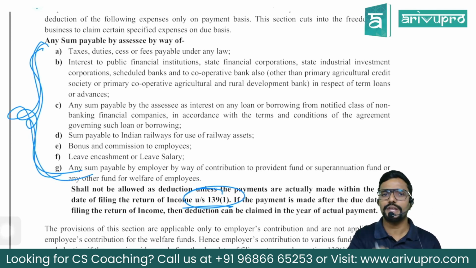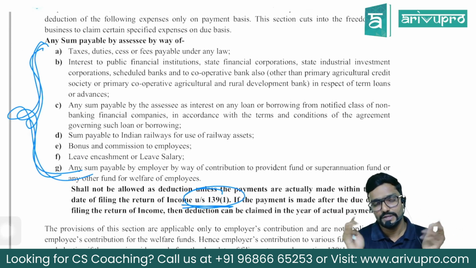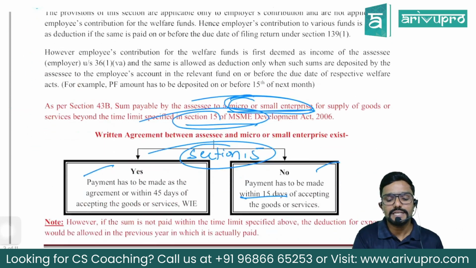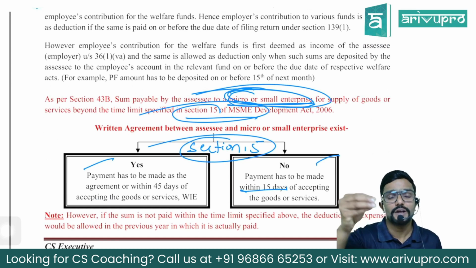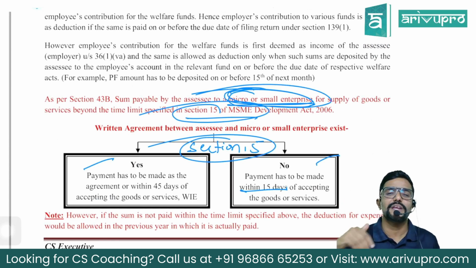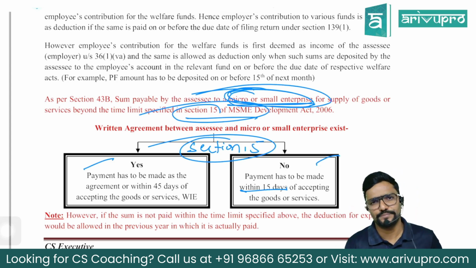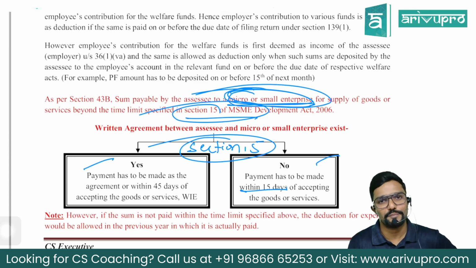Sir, what about payments made by anyone to anyone? Within what time does the payment have to be made? Within the due date of filing income tax returns. There is no change in it. There is only one addition, and that addition is the payments made to micro and small enterprises. To protect their interest, because large enterprises normally dominate small and medium enterprises by making payment over a very long period. They take a lot of credit period and try to dominate the small and medium enterprises. So in order to protect them, the department has added this condition, guys.